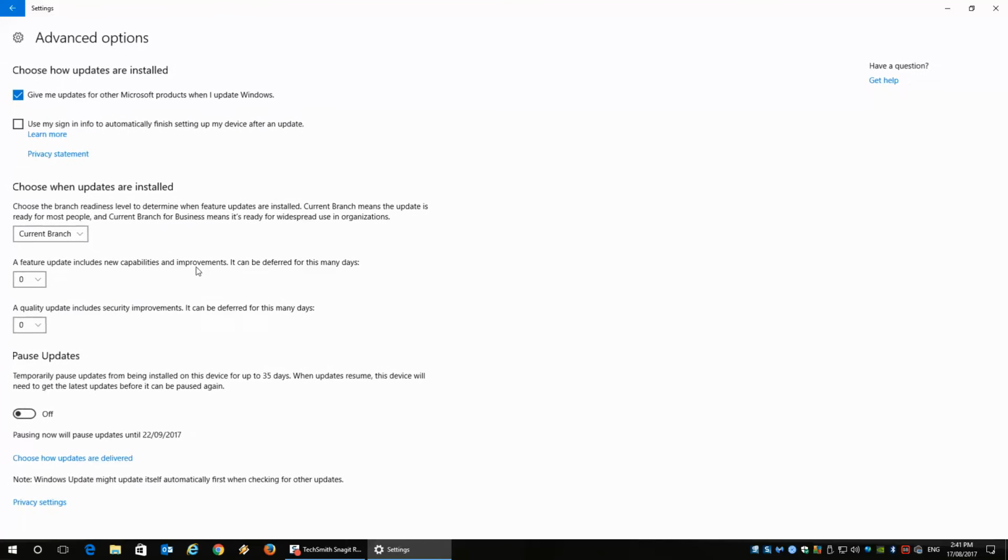Advanced options. So you can tell Microsoft what you want it to do, what updates that you want. So at the moment I've said give me updates for Microsoft products when I update Windows. So that includes any Microsoft Office product or any other product that you have from Microsoft, it will update for you as well. You can pause updates for up to 35 days, which is good,